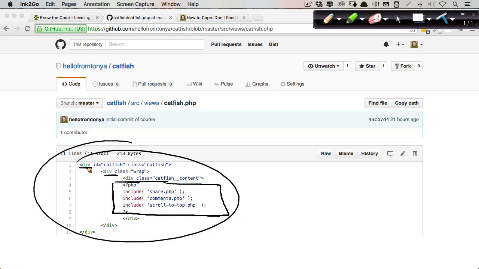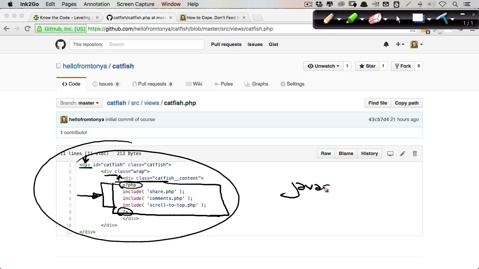Well, when I teach you HTML, you'll be able to see that, oh, okay, that's HTML. And then right there, it says, that's the opening of PHP, and that's the closing of it. So everything in between here, hello, Mr. PHP interpreter, would you please run this as PHP? Everything outside of it, it's going to look at if it's a script